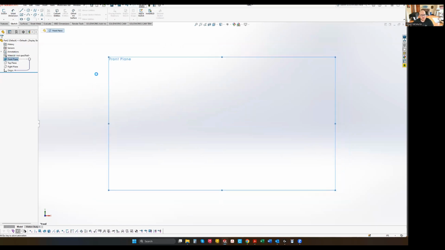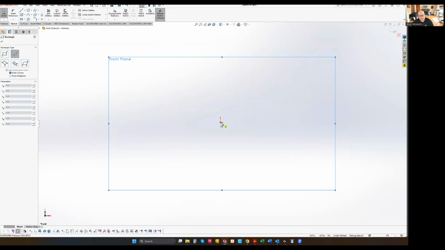So let's go back in, open up a sketch, and under the rectangle tool, do the drop down, and we're going to grab a center rectangle. And to start that, we're going to click right here on the origin. SOLIDWORKS is different than AutoCAD, because in AutoCAD, you have to enter the dimension before you place the tool, right? Like if we were going to draw a line, we'd click, type in the dimension,